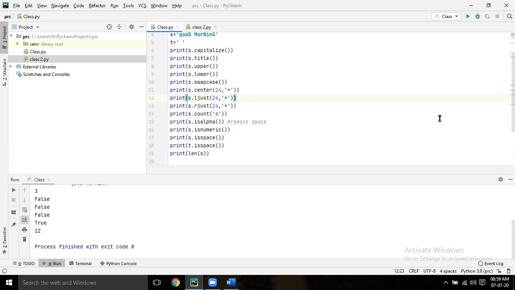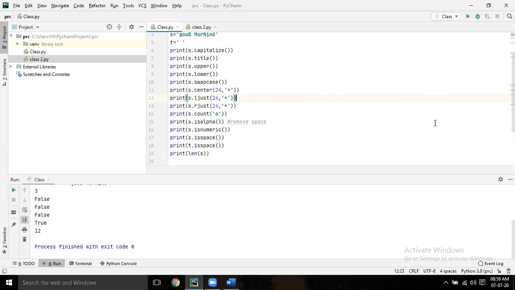It will give the length of the string. What is the length of the string? 11, but including space it is 12. Including spaces? Yes, that is also a character. So whenever you are finding the length, you can do that.